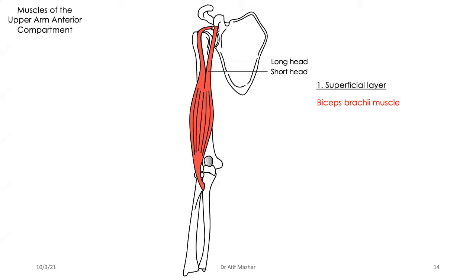Short head goes to the coracoid process, long head goes to the supraglenoid tubercle, and distally, this muscle is attached on the radial tuberosity through a tendon, and then it becomes a fibrous sheath. We call it aponeurosis, and that is attached. And this is how we can have both flexion and extension at my elbow, along with the supination at my proximal radio-ulnar joint.